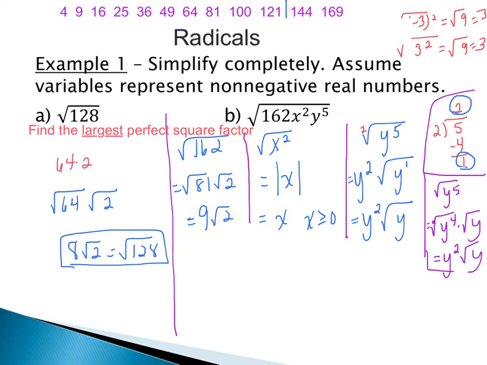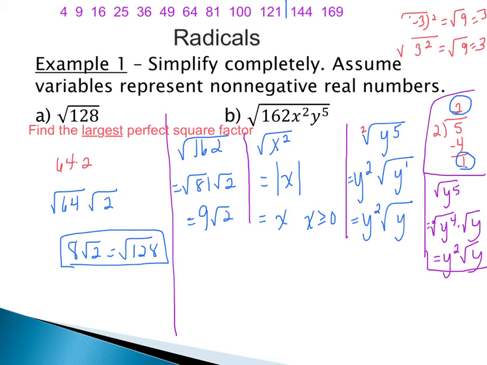It's up to you how you want to think of it. The second way that I showed you shows how we break it down, similar to using that idea of finding the largest perfect square factor. The largest perfect square factor of y to the 5th would be y to the 4th. Or if you'd rather just think and not have to show as much work, we're just doing the original way that I showed it. 2 goes into 5 2 times. That comes out as your power on the outside.